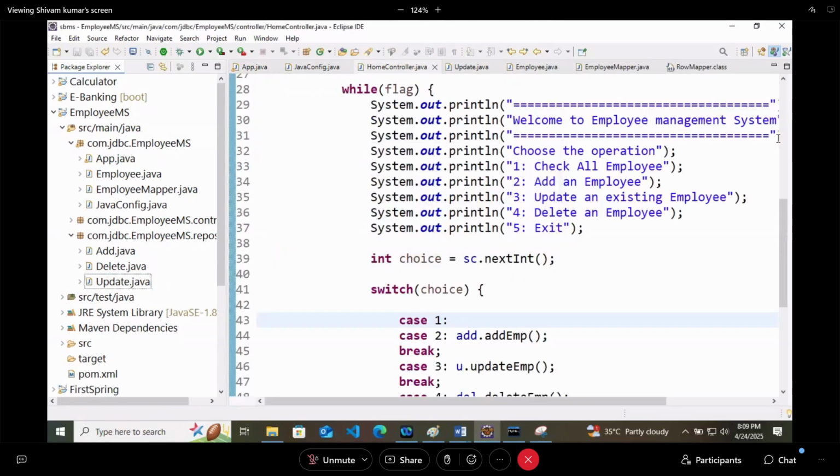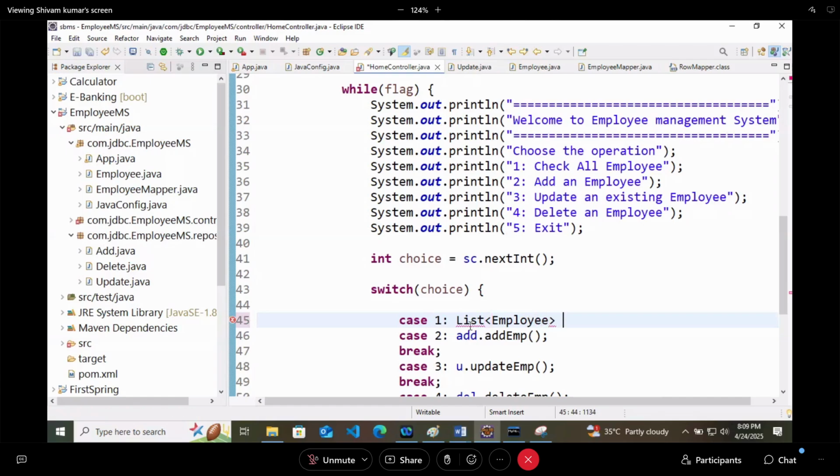Hold on a bit. In this case 1, I will say that I am getting a list of employees.